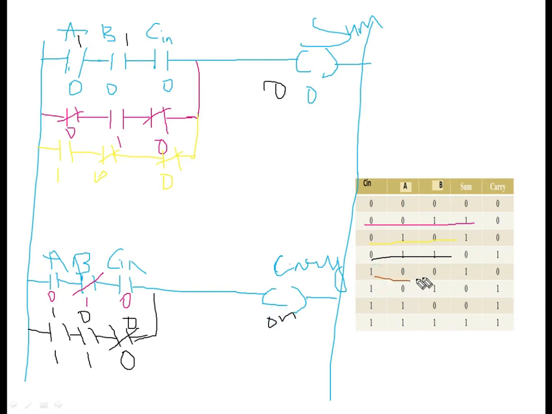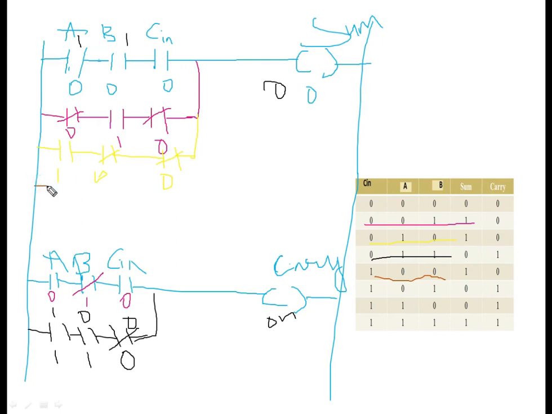Here the condition is carry is 1, A is 0, B is 0, but you are getting the sum, means carry is 1. You can take this as 1, carry is 1, 0 0, then your sum is off only, so you have to implement a different circuit.